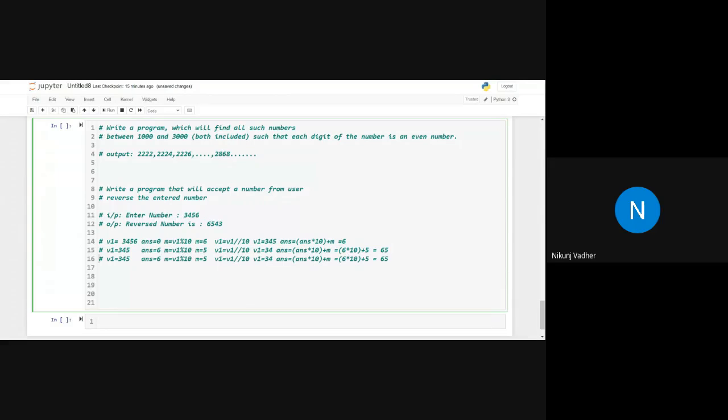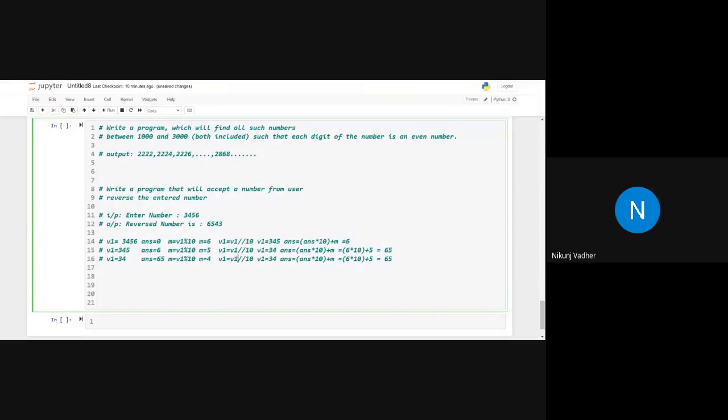Next iteration. What is the current value of V1? 34. The current value of answer is 65. Now V1 modulo 10, 34 modulo 10, so the value of M will be 4.